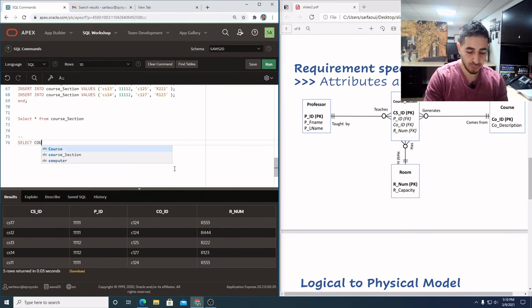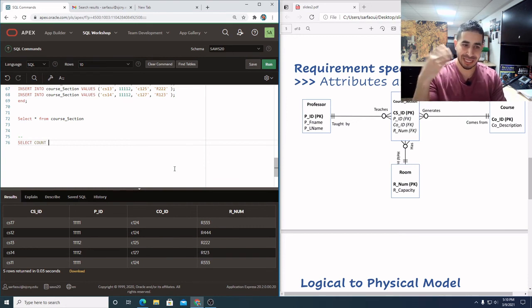And then we're going to use one of these functions. By the way, if you want to know more about SQL functions, I have a video below in the description that walks you through all the different SQL functions. So count is going to give you a count of